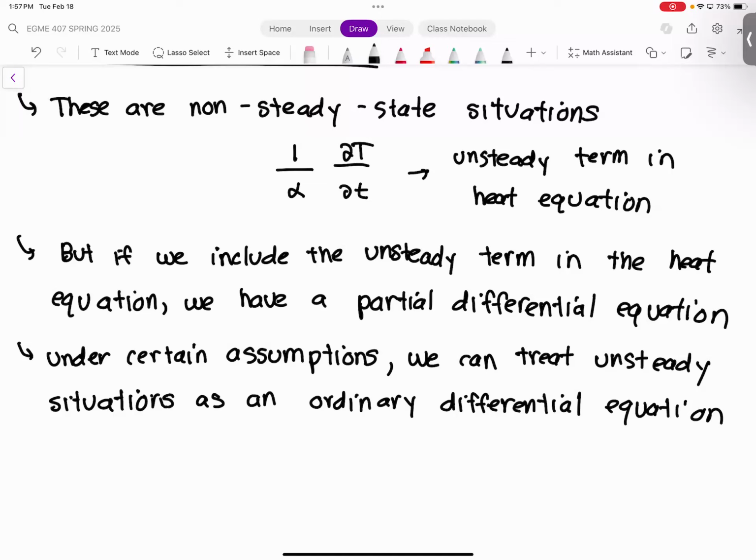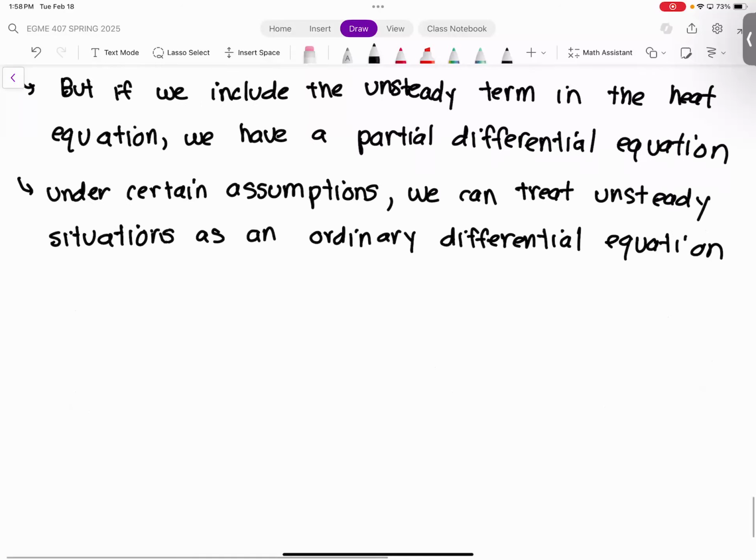And so as is the case most of the time in fluid mechanics and here as well, we need to be very careful with our assumptions, just to even give us a chance to solve these types of problems. Okay, so what is the assumption that we're going to make here? This assumption is quite different from everything that we've done so far. Essentially, we're going to assume that whatever object or subject we're trying to solve for in our problem has a uniform temperature distribution. So it's going to be the same temperature all throughout. Okay. So the key assumption